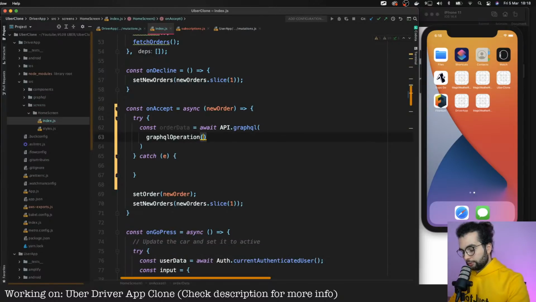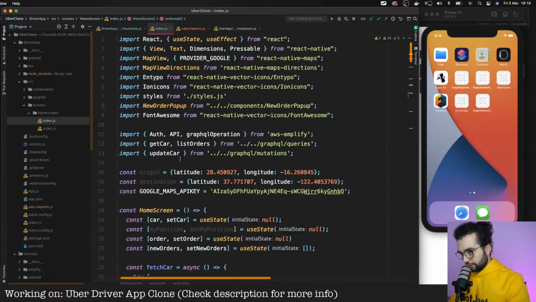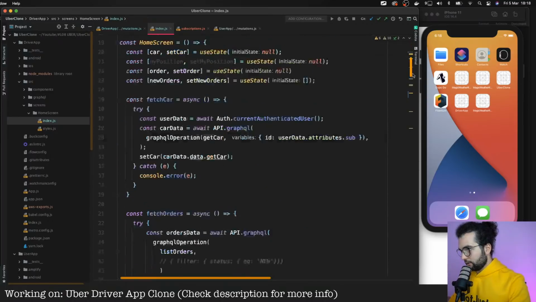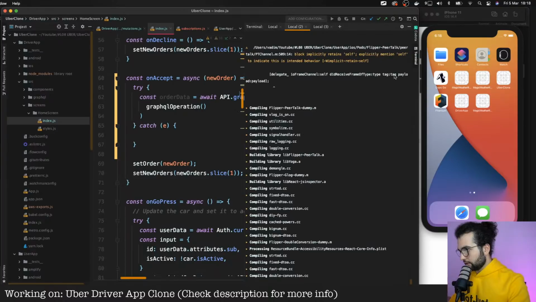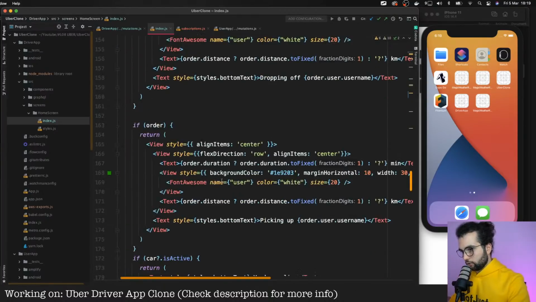The operation will be, we need to import that operation, update order. Update order. We can do it. Yeah, let's go. What's happening here? Okay, still compiling. Interesting.